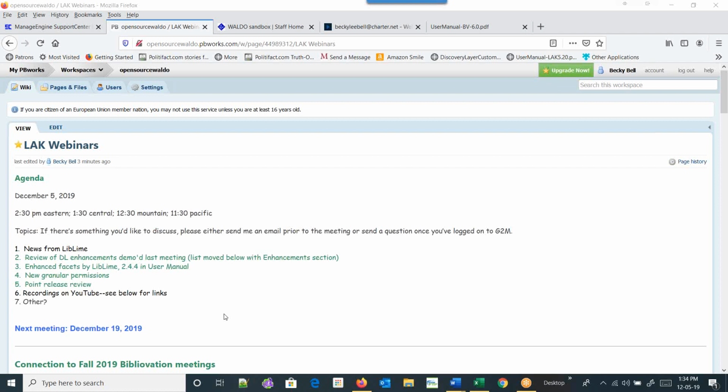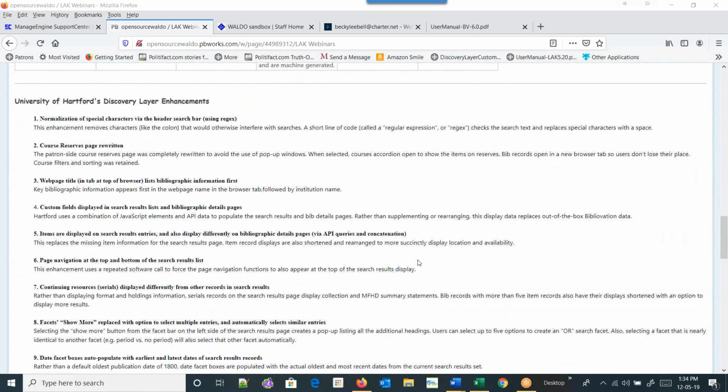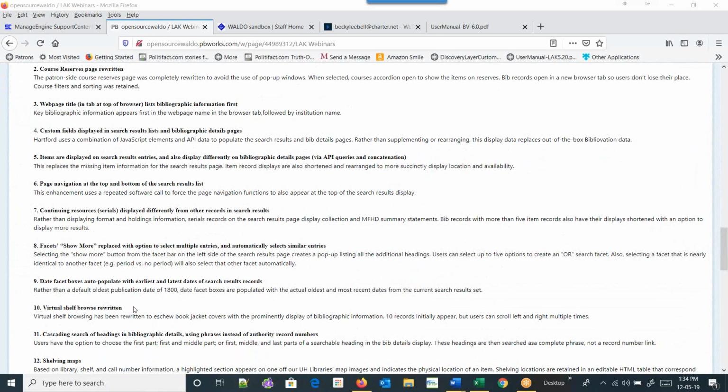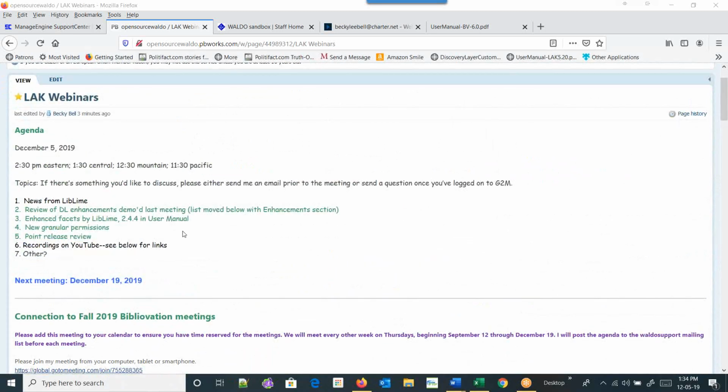One of the things that he did discuss was the facets piece, and I'm going to scroll down to where I put the enhancements. In the facets, the show more that Ben had showed us looked really nice, really slick, and Patrick told me that they have done work on the enhanced facets.